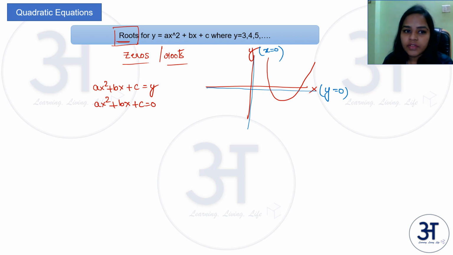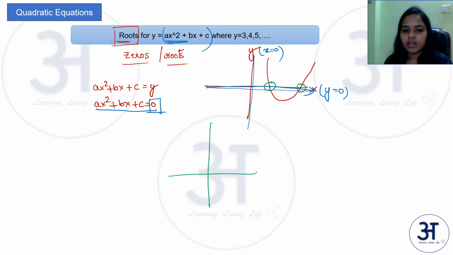So essentially, if you want the points where y equal to 0, those roots or those zeros of the expression where the entire expression results in a 0, it is these points, because it is on this line, on this x-axis where your y equal to 0. So if a parabola is cutting your x-axis at 2 points, this means that these two are the roots, right? So if your parabola is somewhat like this, and if it's cutting the x-axis at these 2 points, then these